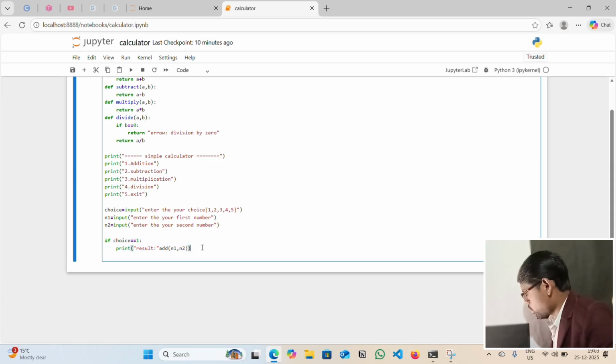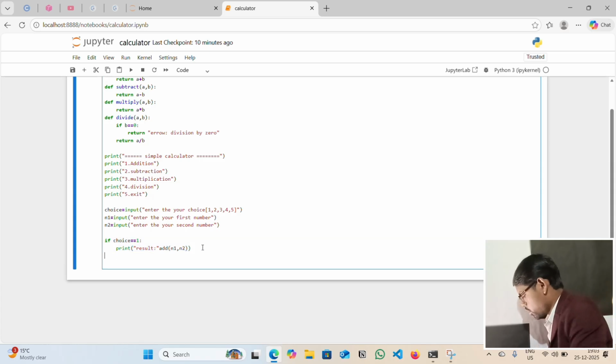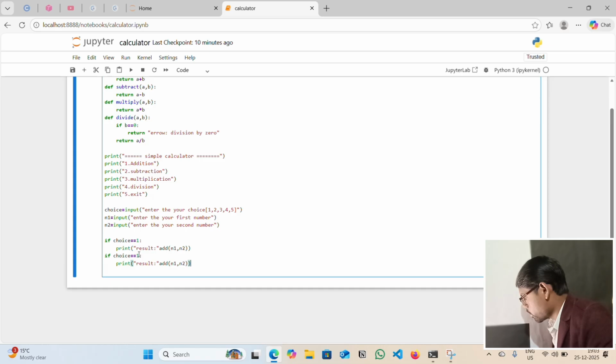Copy this again, just change the number and change the function call to subtract, and print.